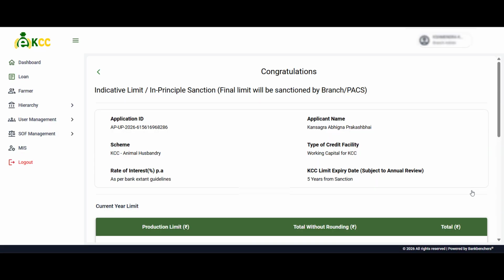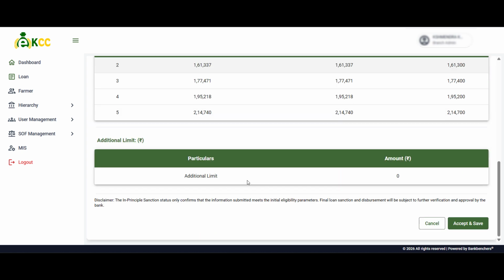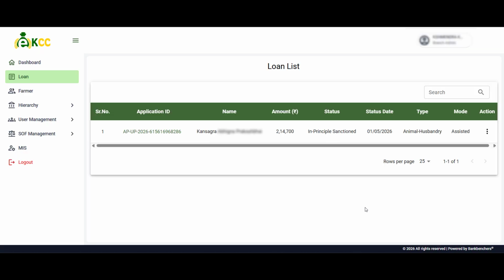You have now successfully completed your application and you will receive an indicative in-principle sanction, where you can view all the details such as application number, KCC details, and KCC limit. After this, click on the Accept and Save button. You have successfully completed the application process. The bank will